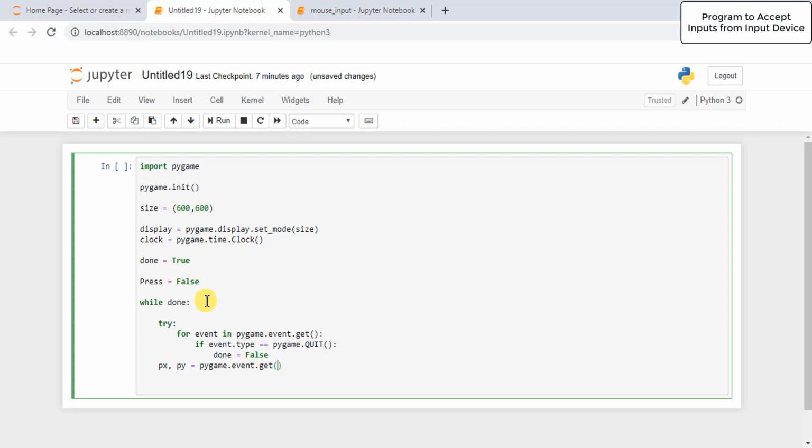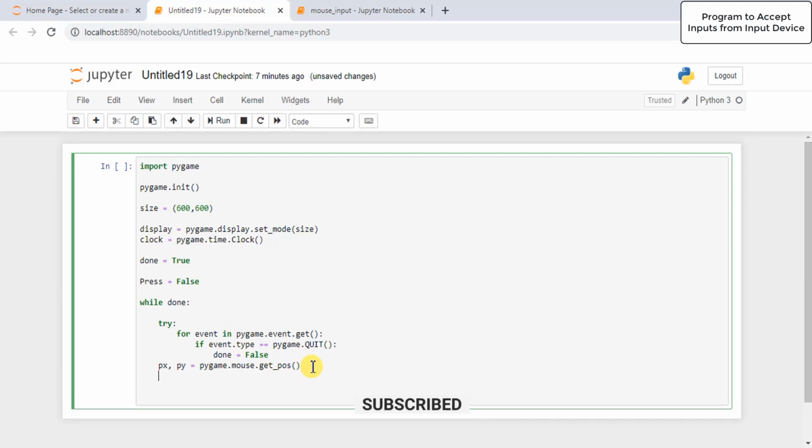So here we want to get the position of the mouse. So we need to write pygame.mouse.get_pos. Now let's check the if and else part. Now let's check the event type. So if event.type is equal to,